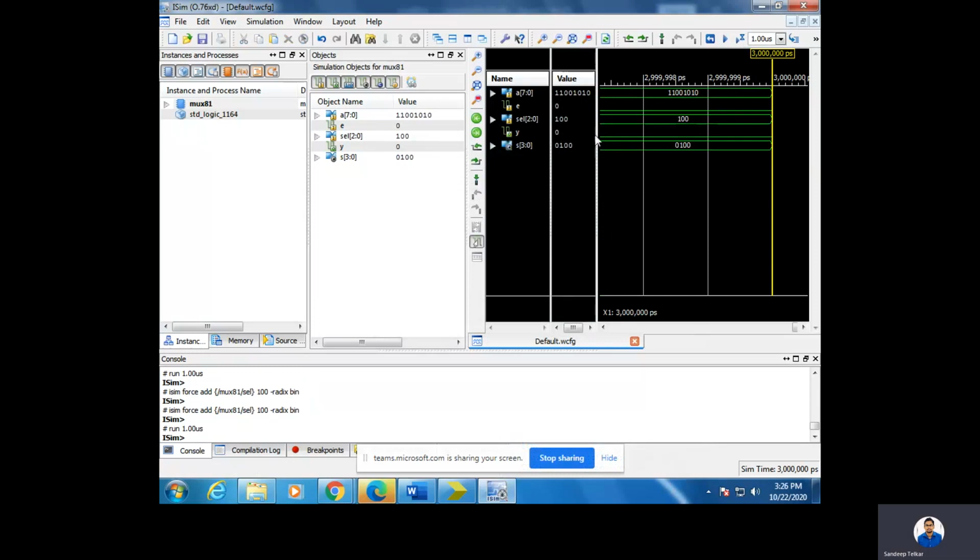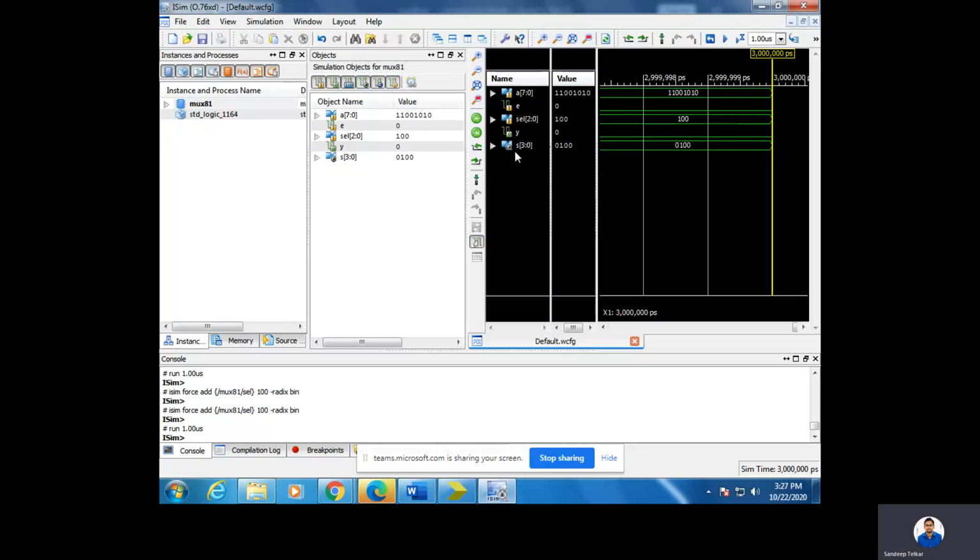So this is the output you have got, right? What is the output? I have got Y as 0. Again, what select lines have I given? I have given 100. So 100 means 4, right? Locate 4 in this particular 8-bit value: 0, 1, 2, 3, 4. What is the value present at the 4th bit? The value is 0 and that will be my output. So Y is equal to 0. The corresponding waveform will be low, which is indicated by the green line, right?